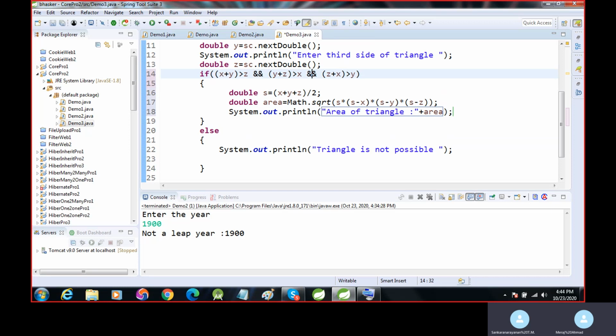If the condition is true, then the triangle is possible, and then we find the area of the triangle. This is the only formula of mathematics. Understood? Okay, I got it.